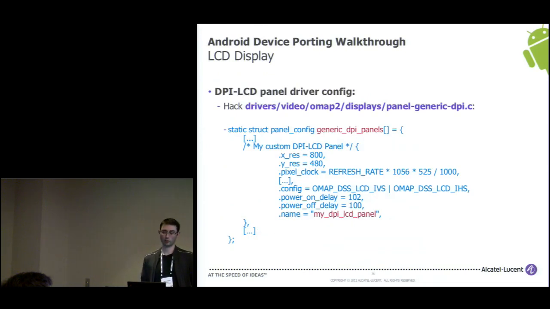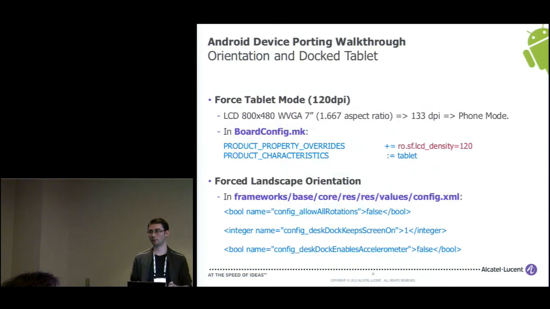Then you just need to hack the driver's video map to panel generic DPI system and create one new configuration for your device. In our case, we just have a wide VGA 800 by 480 pixels. You set up the different clock rates, timings, and so on, and you just have to match the name, which is my DPI LCD panel. Again, this is not Android specific, but really Linux centric, and you manage to make everything from Android output from the HDMI to the LCD.